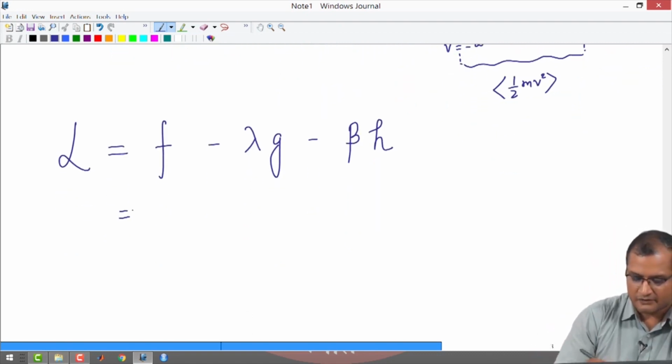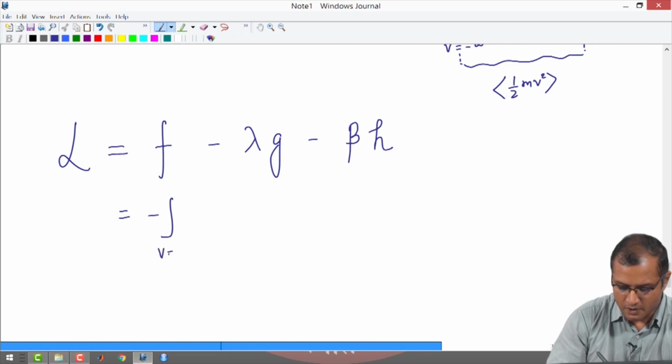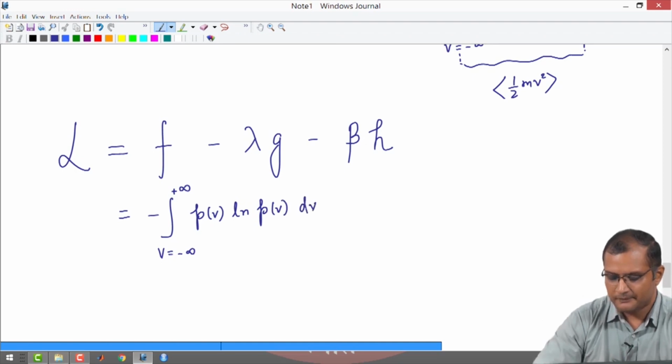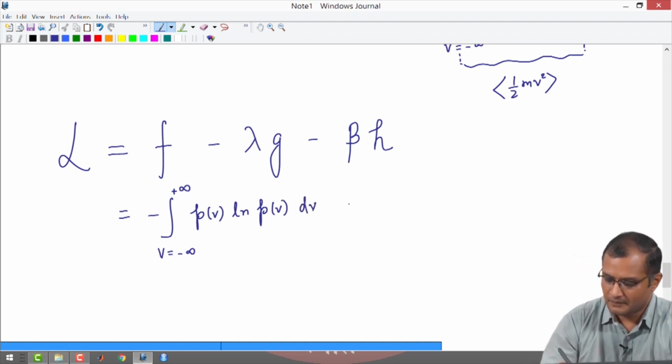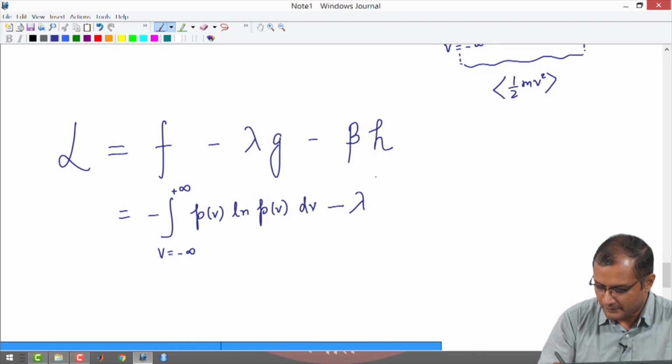So, my function f is nothing but the entropy, which is minus the integral, v going from minus infinity to infinity, p of v ln p of v dv, minus lambda times g, which is nothing but